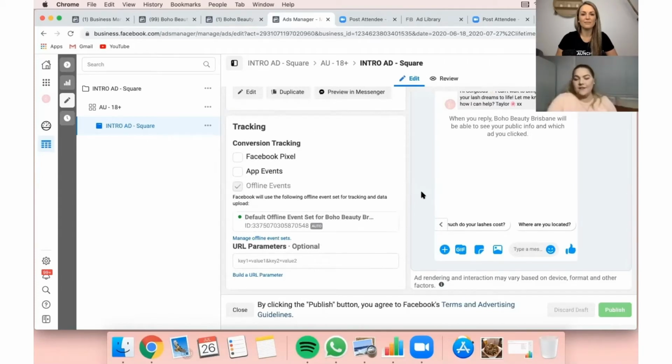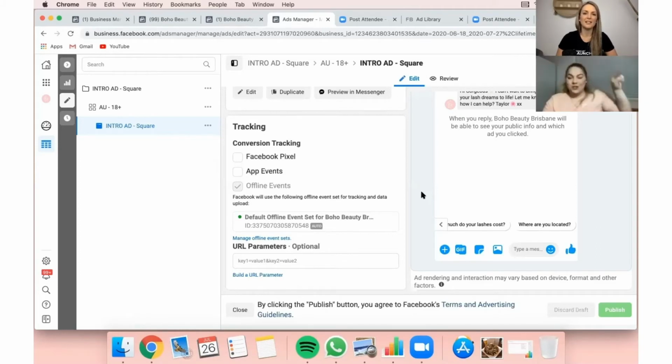You can even see here, I don't even have a Facebook pixel on currently, but it is tracking my offline events. What is that? So offline event set, that means that if somebody clicks my ad and goes through to my Facebook, it will track what they look at, what they find important. Gotcha. And all of the data will upload, so I can retarget this audience. All of these people who have selected my ad, if they've sent me a message, I can run another ad saying, guess what, gals, we're running a special on infills, because I know the people that have clicked that ad and sent me a message have already had a full set.